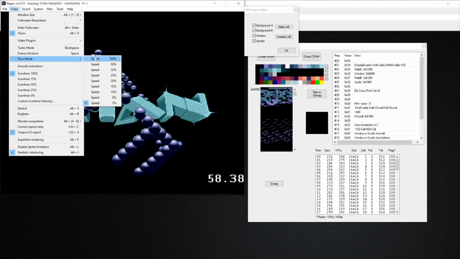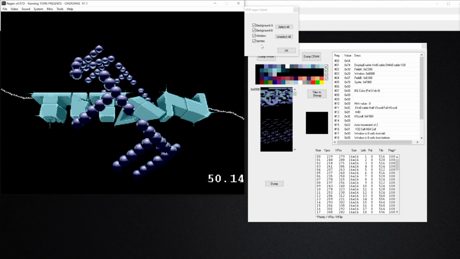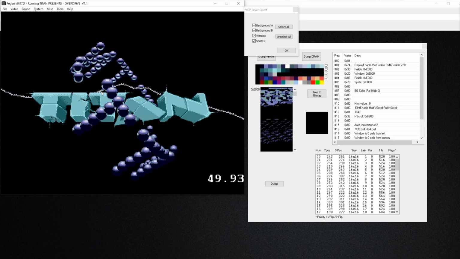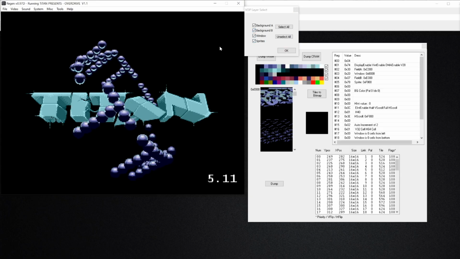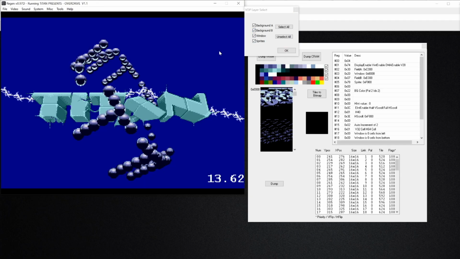Maybe speed this up again. Be here all day. Oh, there it goes. Okay, so here's the graphic again. And I'm going to turn off background B. Yeah, it disappears. If I turn on background B, it comes back. Okay, so it's actually drawn in the background layer, which is interesting because that's reasonably hard to do